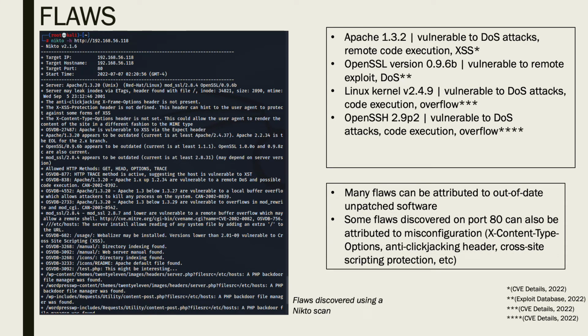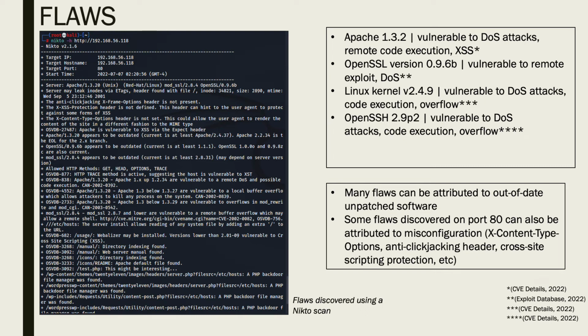Flaws in the system. On the left-hand side, I actually ran a Nikto scan. Nikto is something that has come up in previous courses, and I've run it before. Of course, it wasn't called out specifically in the instructions for this assignment, but I did find it interesting to pull that up and see the different things that present some vulnerabilities, some misconfigurations, and things like that, running specifically on the